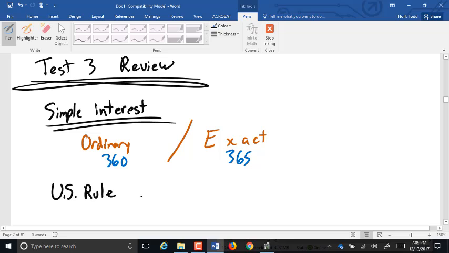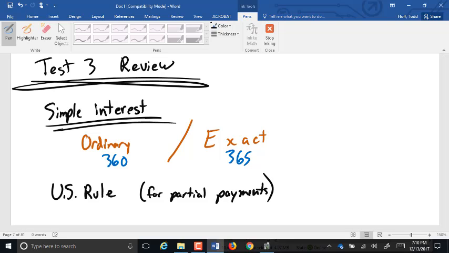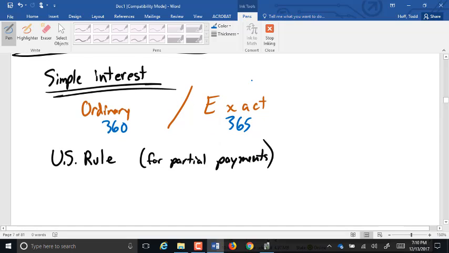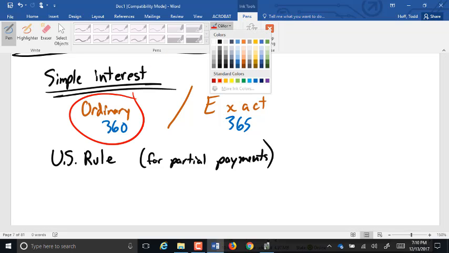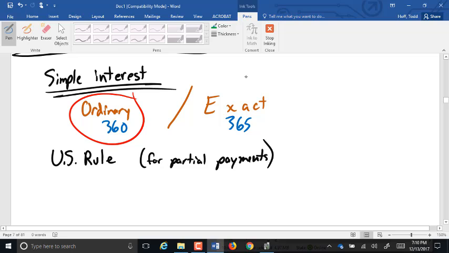Next is the U.S. rule for partial payments on an account. So now remember, if we're not told ordinary or exact, we always assume ordinary. So our U.S. rule for partial payments, this again is that example where somebody takes a loan,